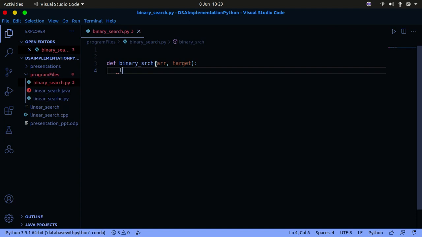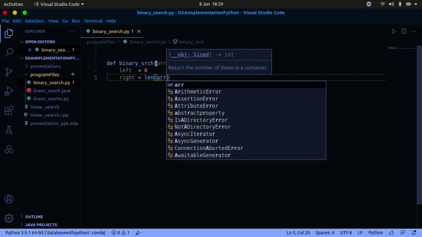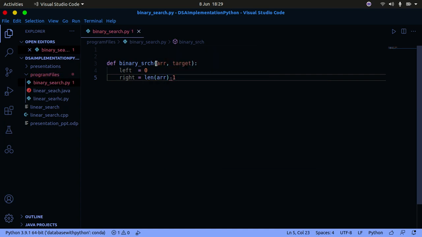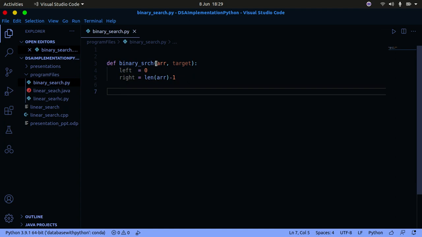Okay, so we're going to have our left, and our left is initially going to be 0, and then our right is initially going to be the length of the array minus 1, because of the 0-based indexing. Now that we have that, I'm going to create a while loop. I told you to continue the process of shifting the pointers and the mid value as long as the left is less than or equal to the right. So as long as left is less than or equal to right, you're going to be doing the process of